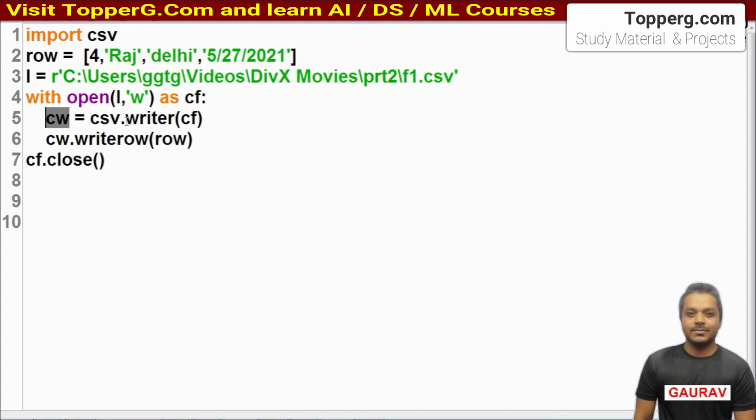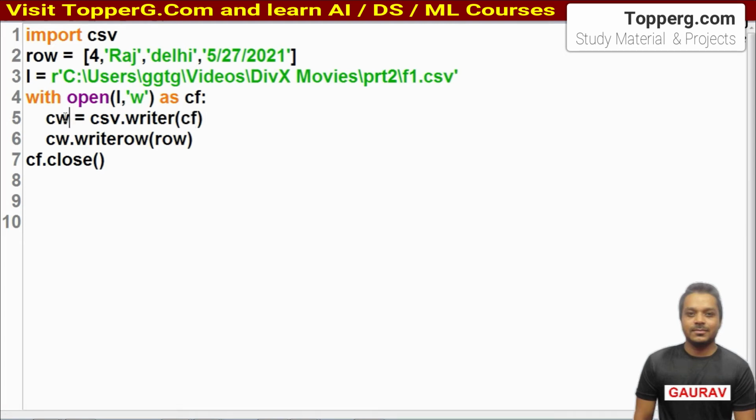Apply the writer function by using the module name. Module name is CSV, and in the writer function put the CF. Okay, that CF is the variable that we have taken for writing the data in the CSV file.